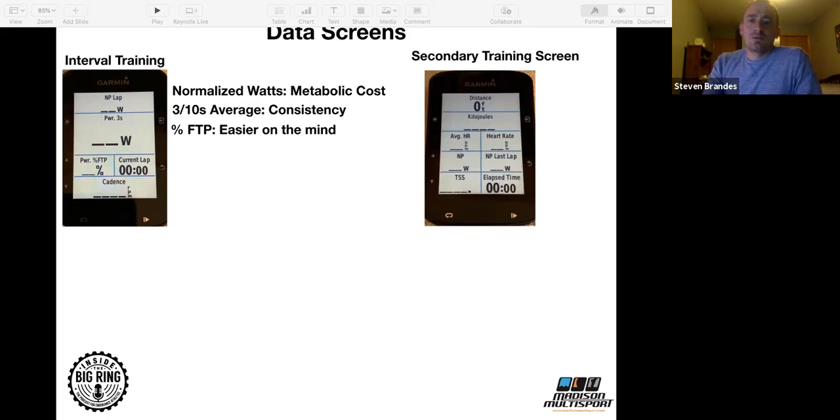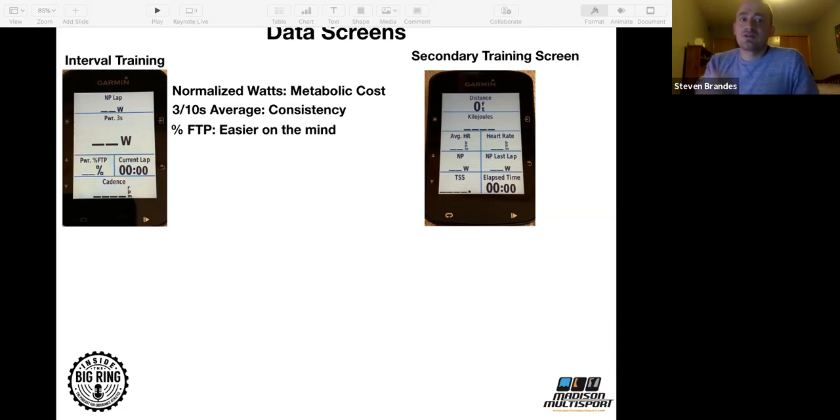I also have this one. Let's go data crazy here. So this is the second screen. I never look at this. I'd go nuts. I would just go blurry-eyed if I had this as the main screen. People have it though. I don't get why they do. But this is my second screen. How far am I going?